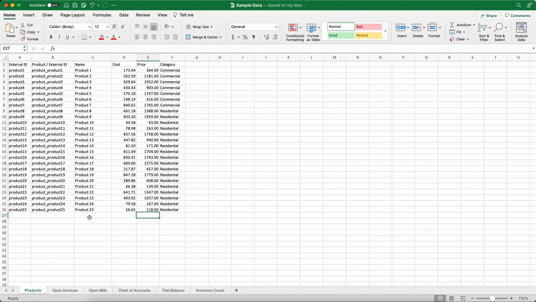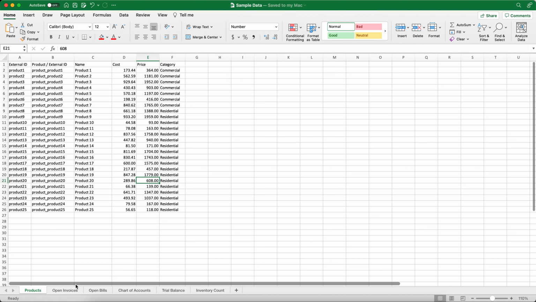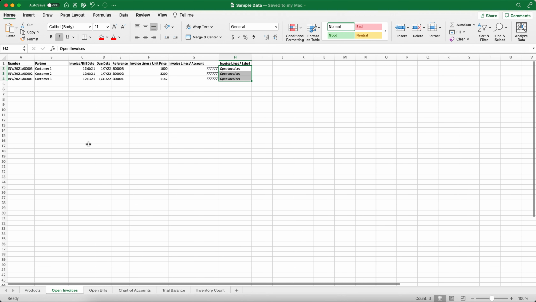Keep in mind when we're doing our inventory count, the count is going to take the cost here, and that total is going to equal our stock valuation for this category that we have set. Because we're going to separate our stock valuations by category, it is essential for this upload, and we'll talk a little bit more about it when we get to our trial balance, that these numbers match. We have our own open invoices here,